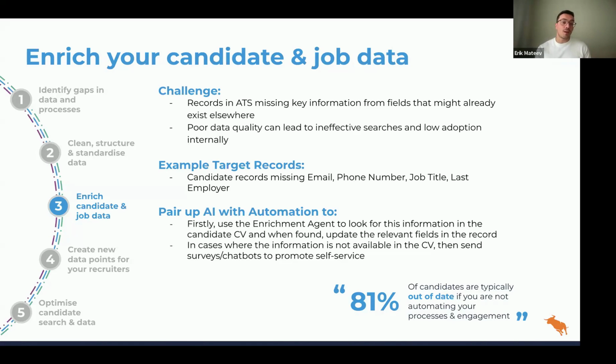The first step is to identify an example of a target group of records. This could be, for the example's sake, a set of candidates. And by the way, I encourage everyone on the call now to run this experiment whenever you have some time in your own ATS. Run a search to see how many candidates you have that are either missing an email or don't have a phone number or don't have a job title or don't have a current employer. Once you see that result, this will be the group of people that right now your team is most likely not working with, either because they can't find them in searches or because they just don't have a way to engage with those people, right? So this is your target group right there.